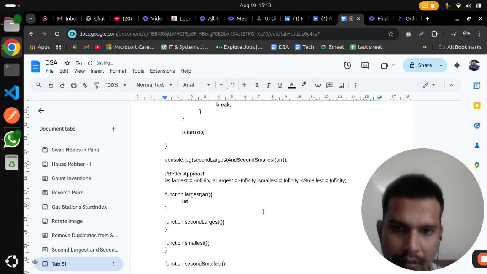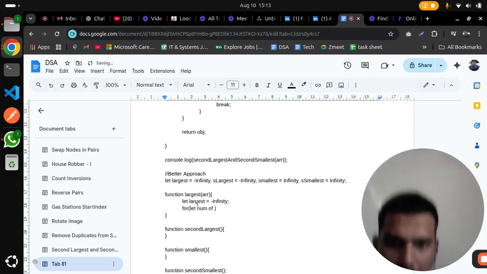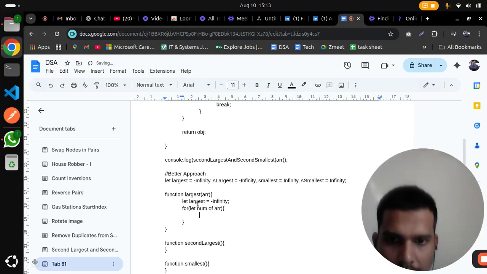So let, okay, we have a number here. So we are doing let largest equals to largest here. Okay, let largest equals to, for let num of array. If num is greater than largest,